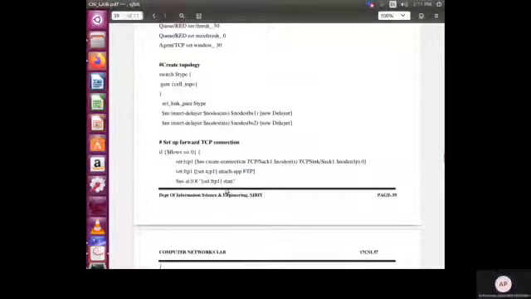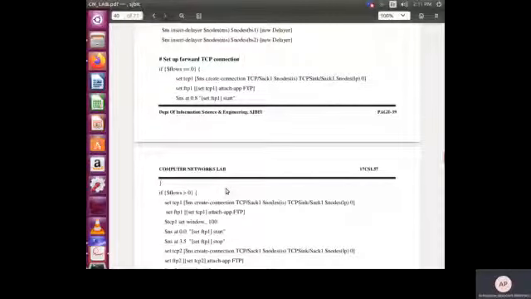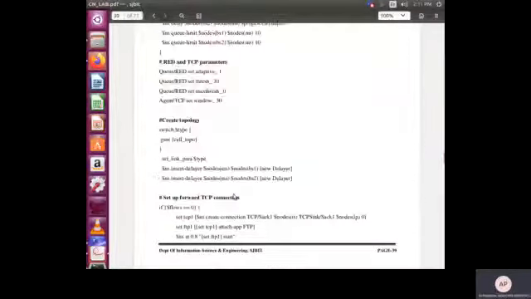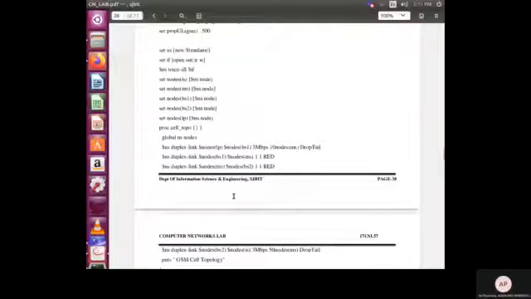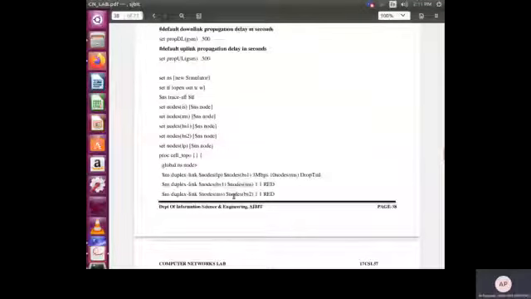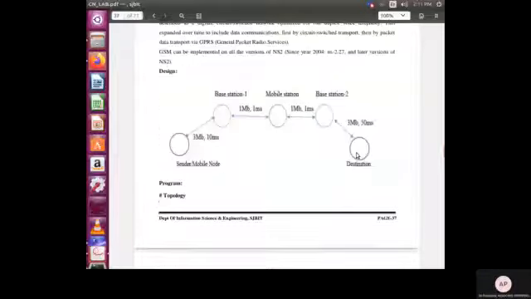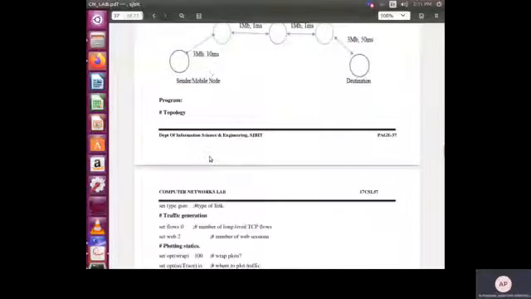There are two cases: when the flow value is 0 and when the flow value is greater than 0. Look at this diagram. Actual communication is between them. For it to happen, data has to go from the sender to the base station, and again from the base station to the destination. So whenever there is a flow from the sender to base station 1, we say there is a flow happening.